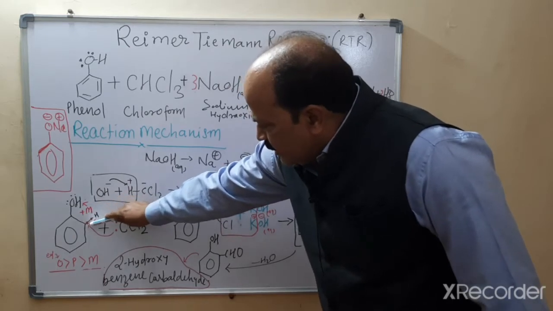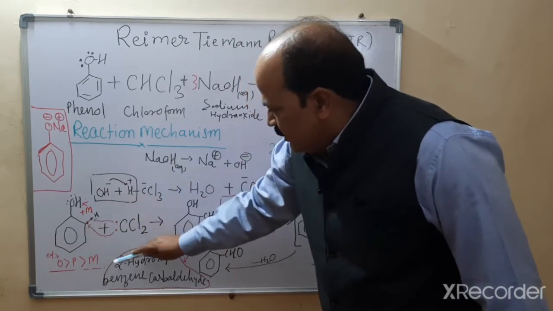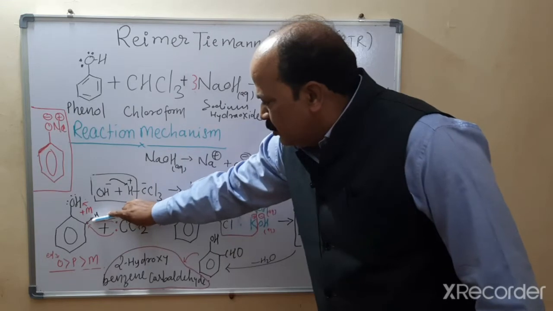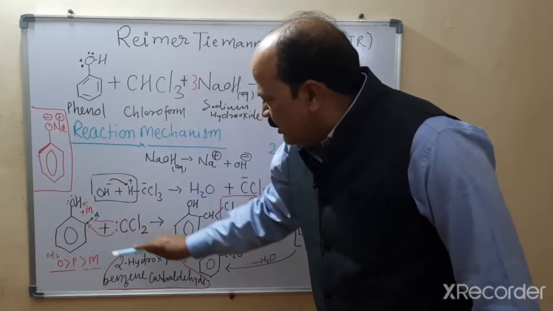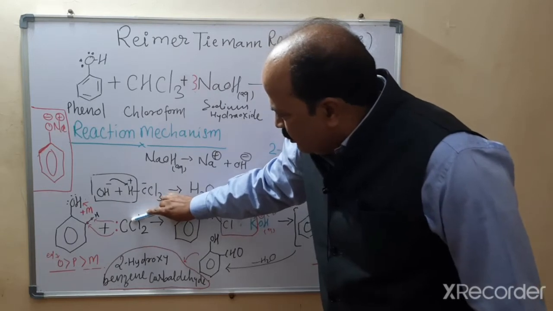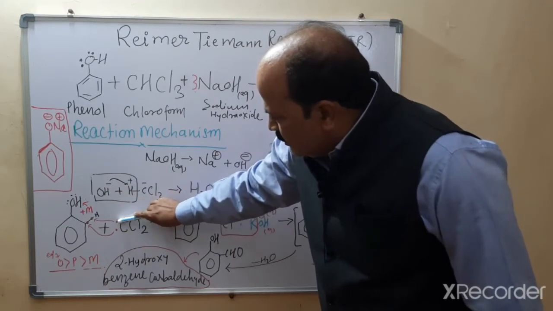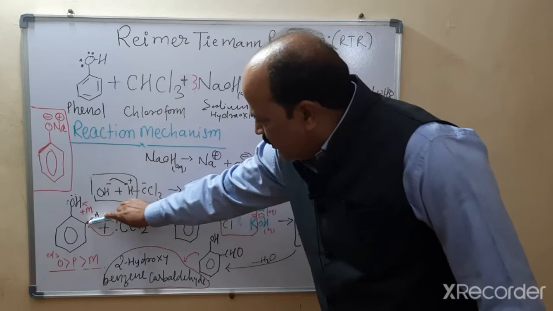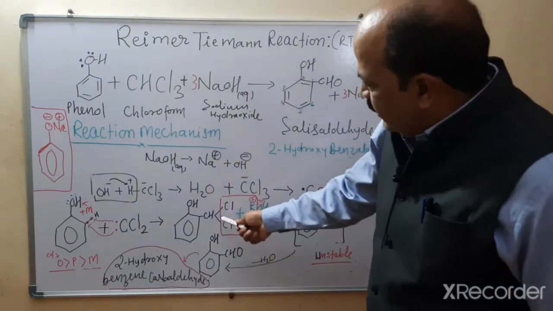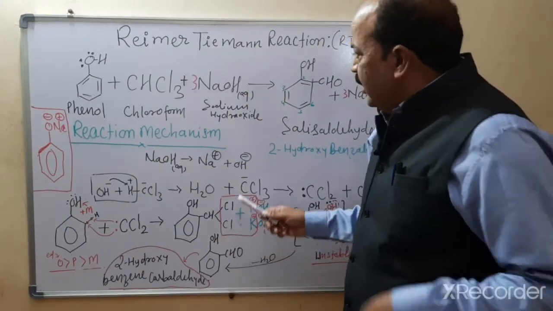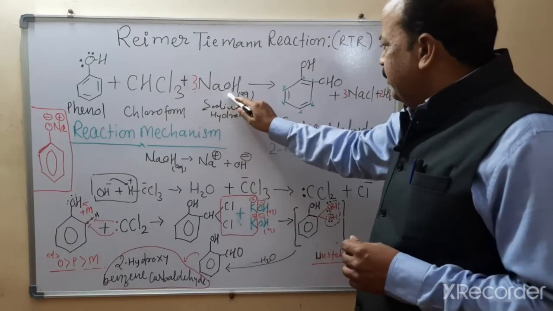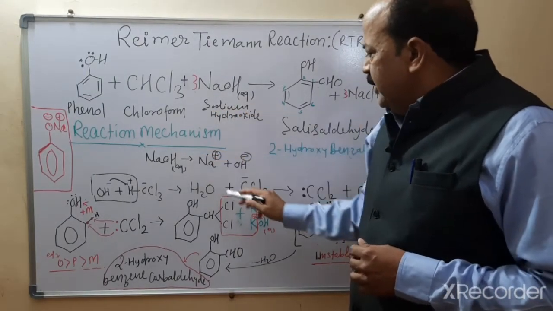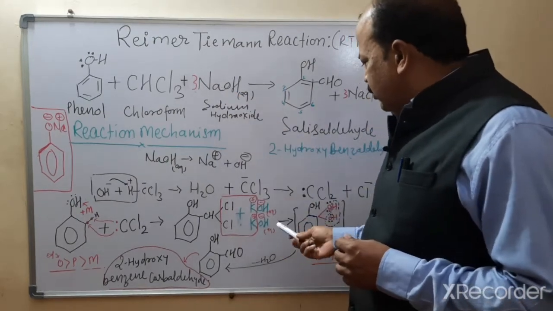In phenol, the second position will be the ortho position, and the dots are showing the electrons here. 1 electron comes from the carbon, the second from the hydrogen, and your carbene also has 2 free electrons. So this will combine with this, and this will combine with that. Thereafter this intermediate compound will form, and I told you earlier that we have taken 3 moles here. 1 is used, the remaining 2 molecules are there.